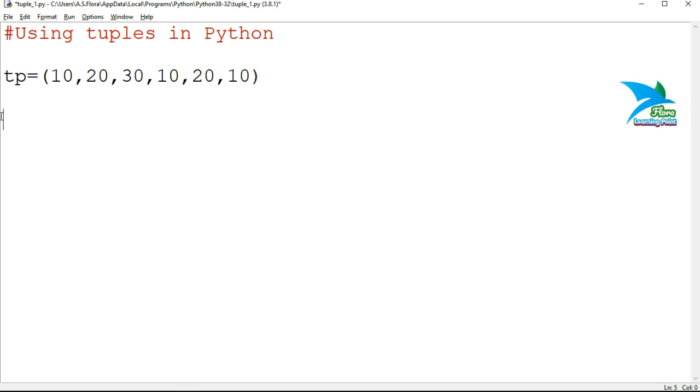So let's demonstrate the concept. Here we have a tuple that contains all homogeneous elements, all numeric.